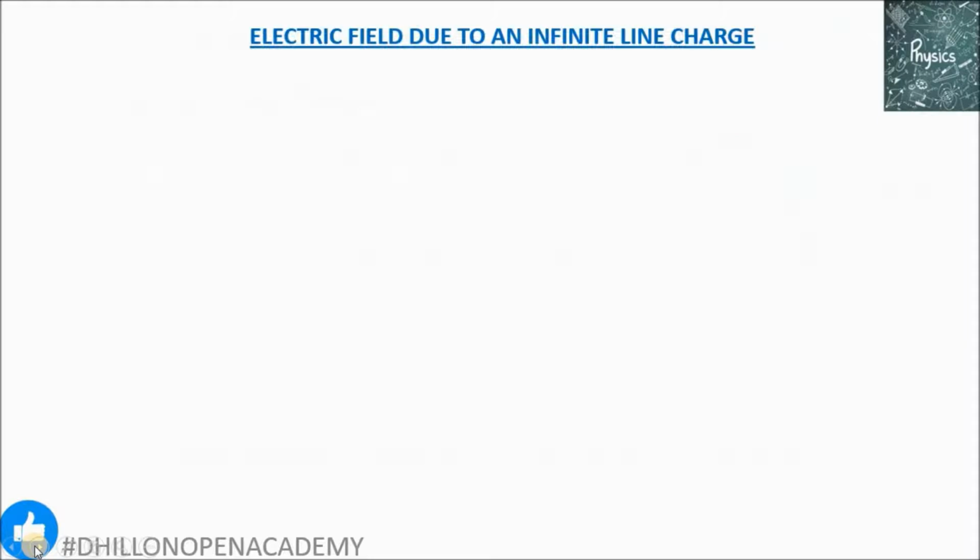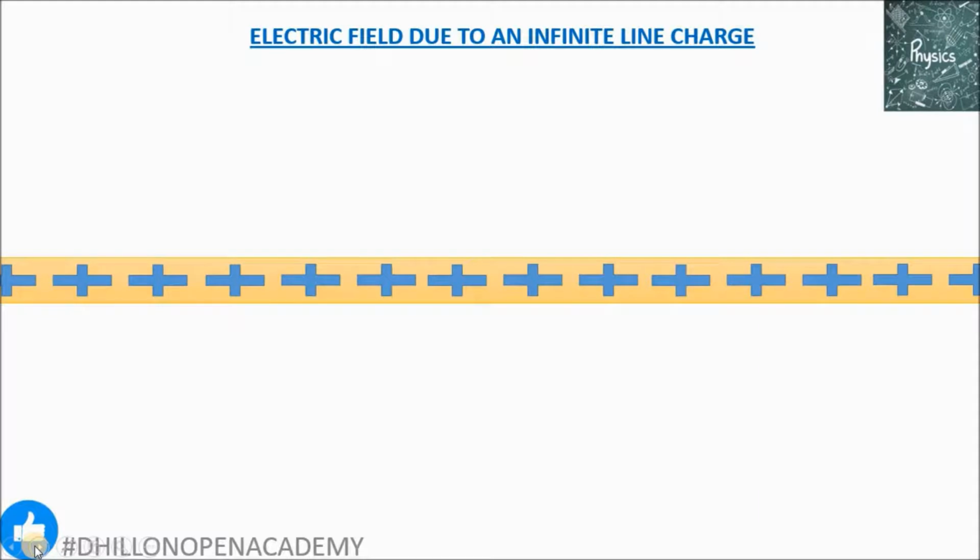Let us see now. We are trying to find the electric field due to an infinite line charge. This infinite line charge means we have a wire or a string of infinite length on which a certain amount of charge is distributed uniformly. We are talking only of a uniform distribution. One thing you have to make sure of: when the size of the body on which the charge is present, whether it is a line charge, surface charge or volume charge, is infinite in nature, how much total charge is present on that body we can never know because of its infinite size.